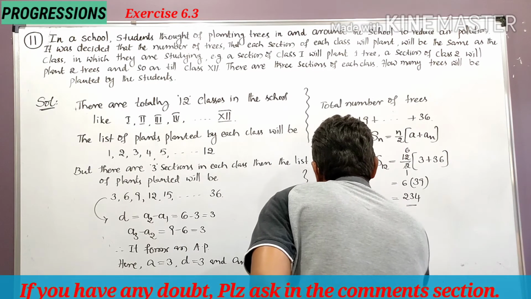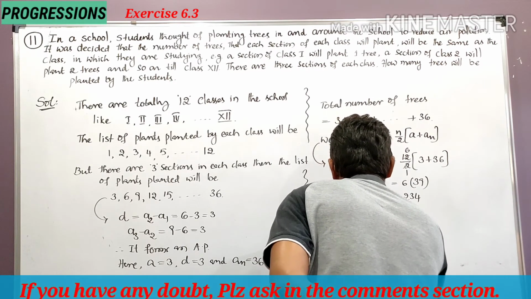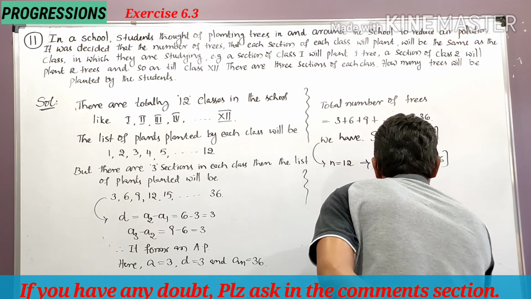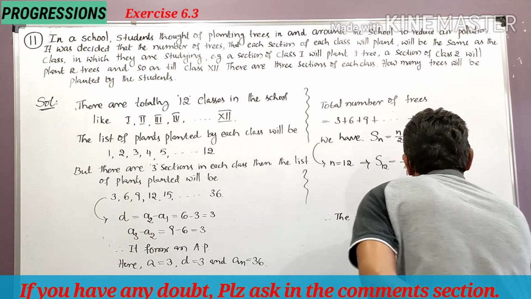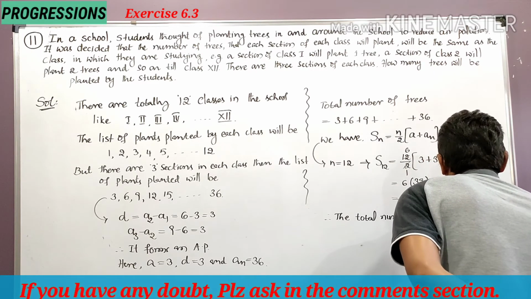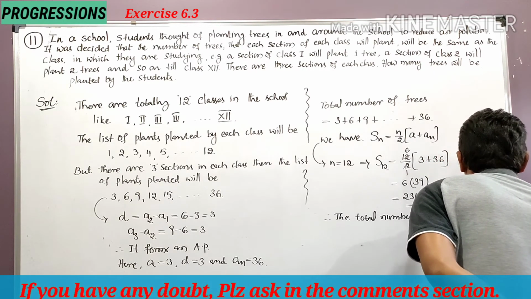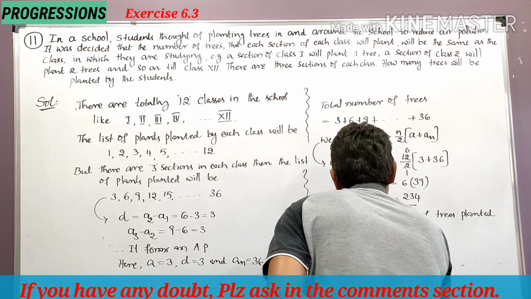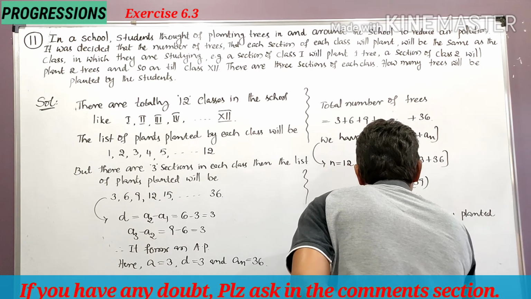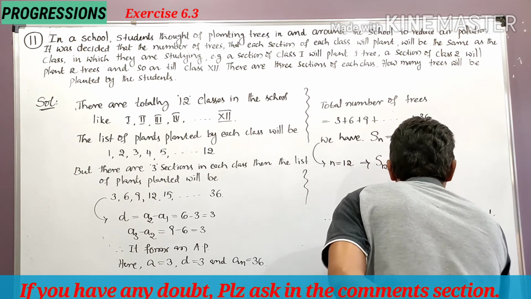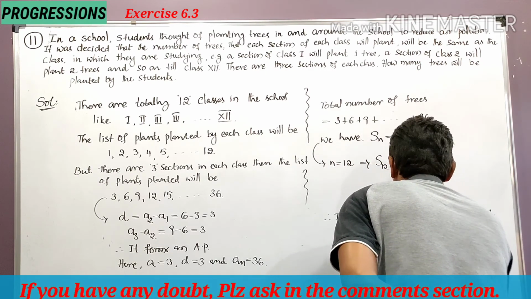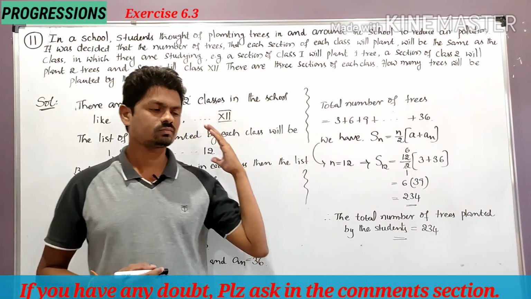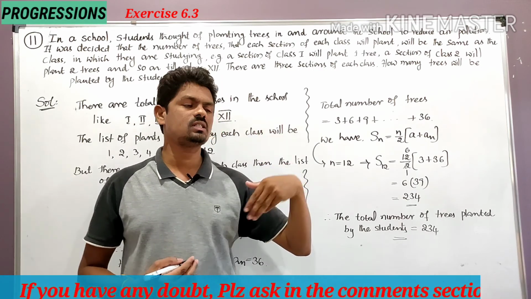Therefore the total number of trees planted by the students is equal to 234. So very easy, student, like this we can solve the given problem using the sum of the n terms